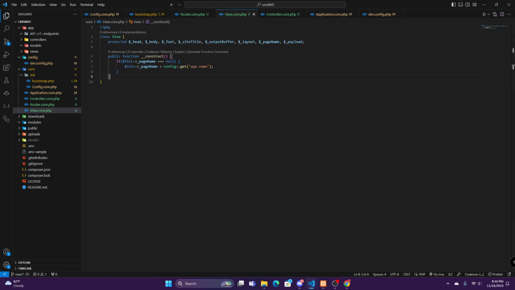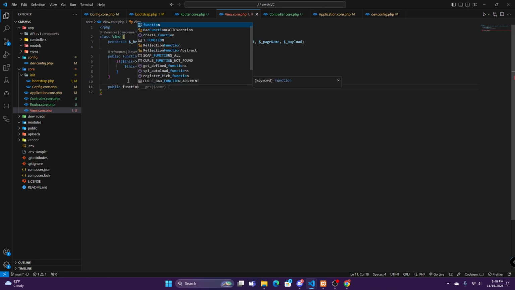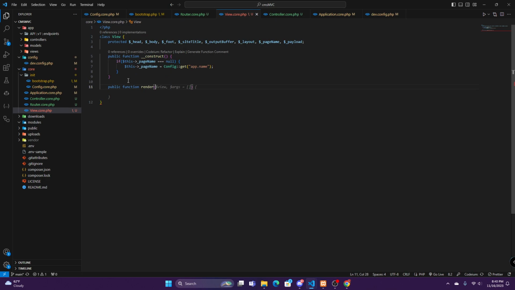Okay, so now we need to create a render function. So I'm going to create a public function. I'm going to call this render. And this is going to take in $view name, a view, and the payload. And I'm going to set that equal to just the default, like an empty string, and then I'm also going to say that $use layout is true. So we'll use this layout later,